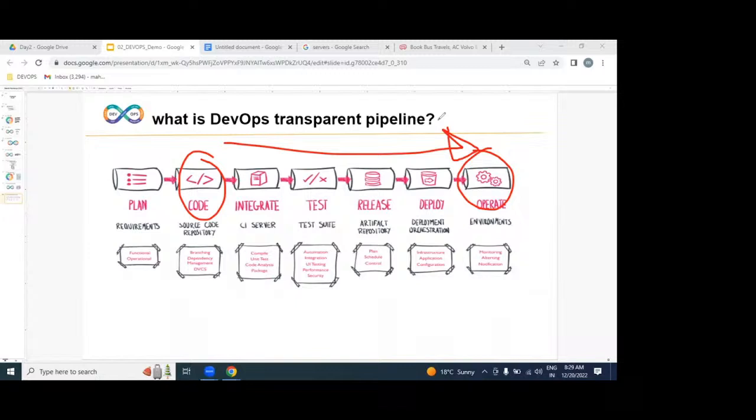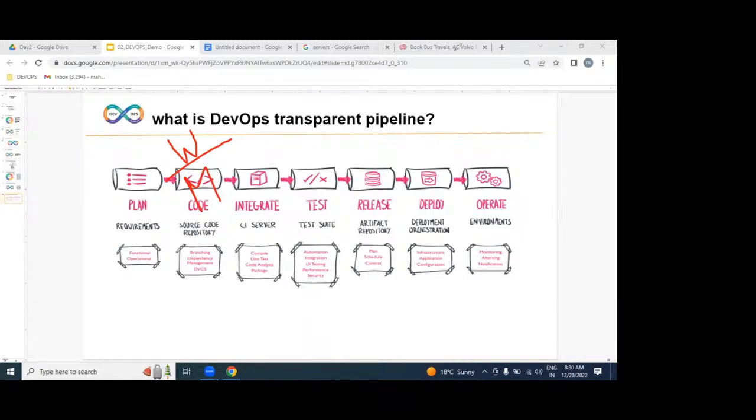But how exactly, guys? Are we going to write any code in the dev environment? No. Writing is the responsibility of the developers. The developer has to write the code using any programming language. Once the code is written, who is the responsible person to maintain it? The DevOps engineer. What I said very clearly is that writing is the responsibility of the developer, but maintenance is the responsibility of the DevOps engineer.